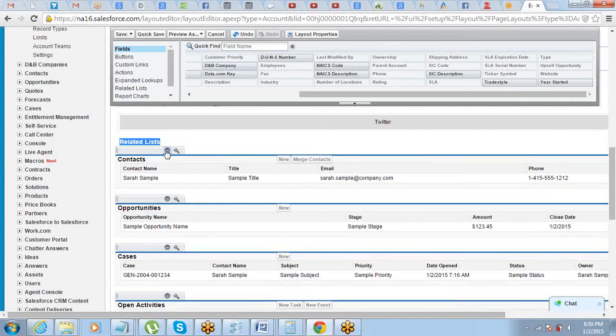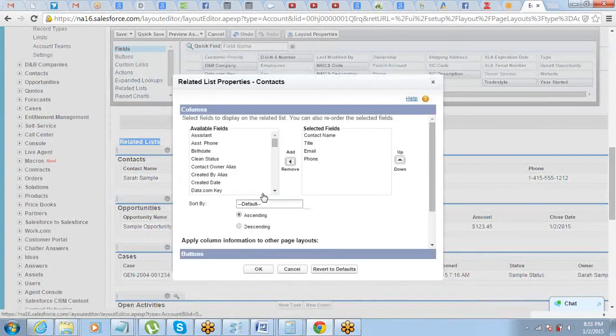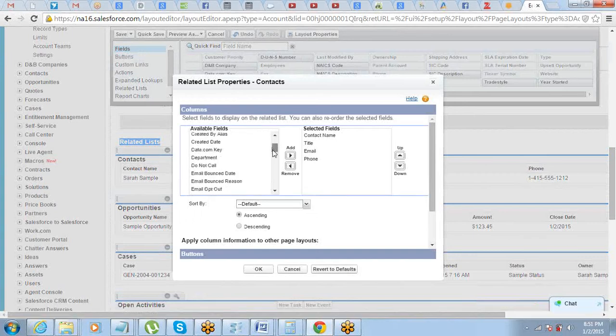Okay, clear? And using this properties option, you can define which fields of the related list you want to see. Right now, for contact, name, title, email and phone number are visible, right? You want to see the fax number also for the list of contacts. You can just click on this properties and then quickly bring this fax field here.